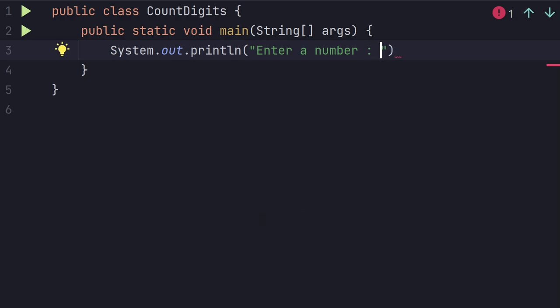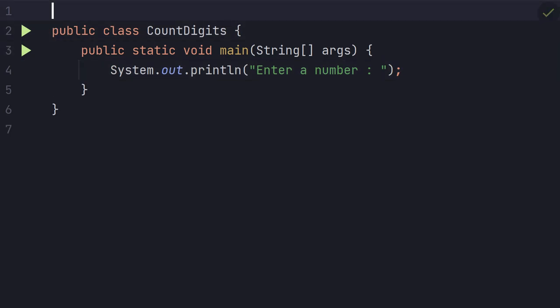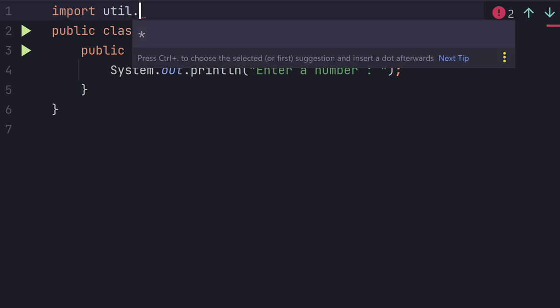Enter a number, right? Okay, so reading this message, the user will enter a number. Now to get input from the user, we need to import a class. What is that? Scanner class. So import